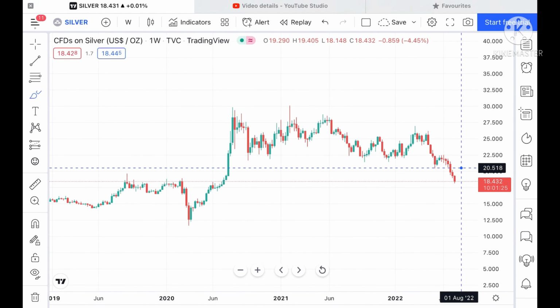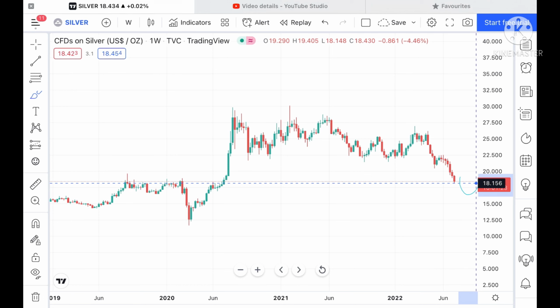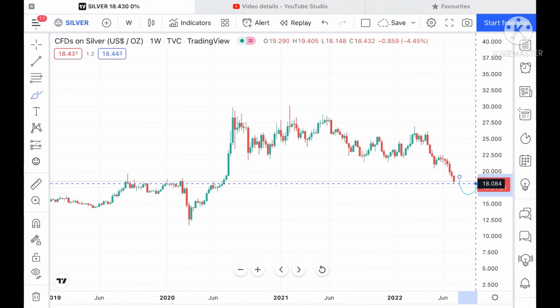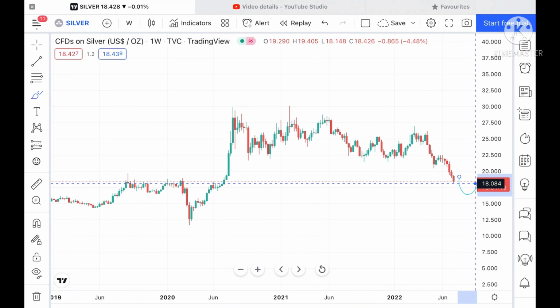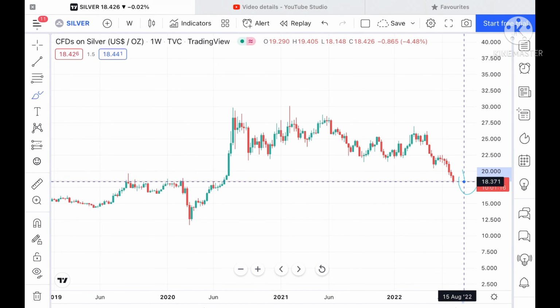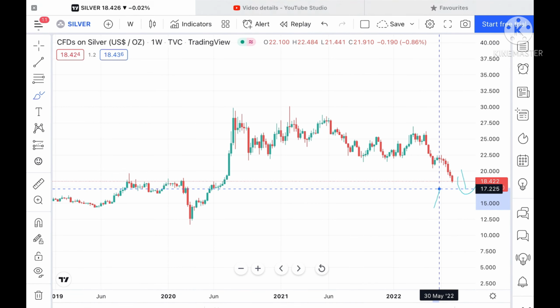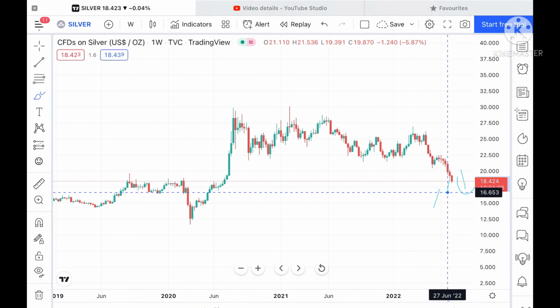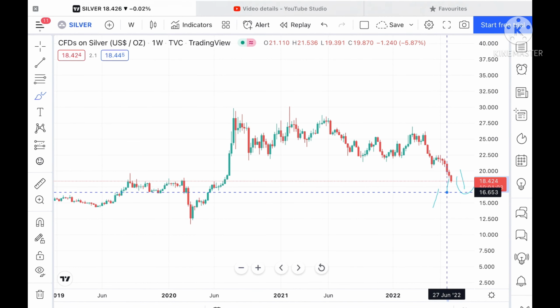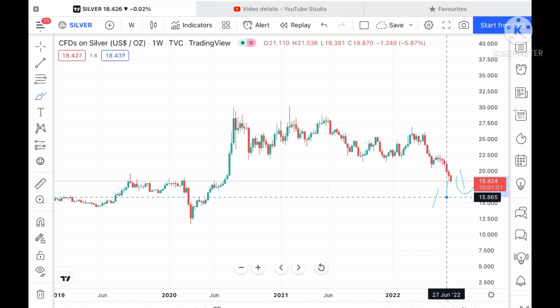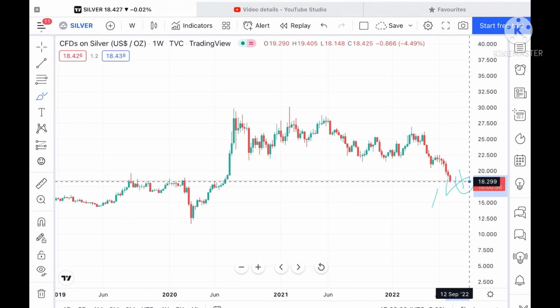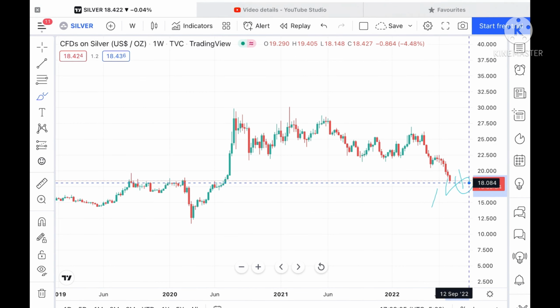Suppose this particular level doesn't sustain, we can see it can move to a level of 18.084. If that level also goes down, it can move further down towards 17.300 or 225. If that level also doesn't sustain, it can move down towards 16.653, and if that goes further down, it can touch 15.865. Again I repeat, if this level doesn't sustain, we can see 18.084,